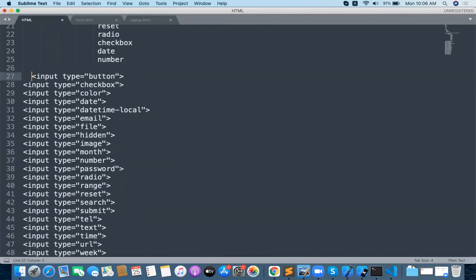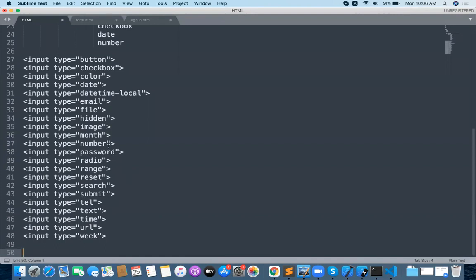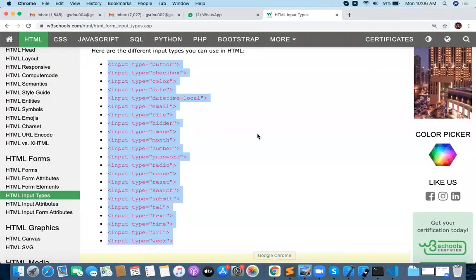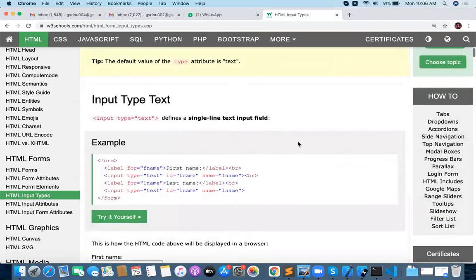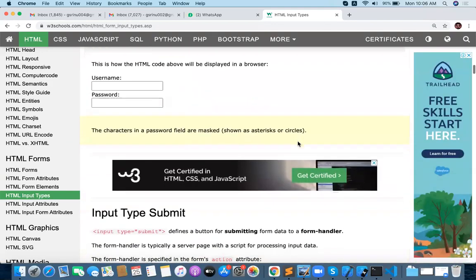Input type button, input type checkbox, input type color, input type date, input type datetime-local, input type email, input type file, input type hidden, input type image, input type month. A lot of things are going to be available. So we will see some types of inputs over there. For example, if I go with the first input type,